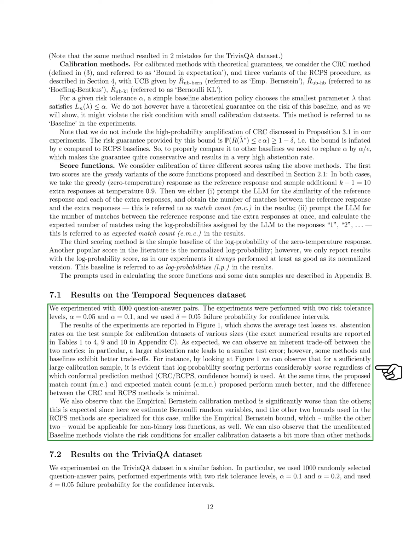On the trivia QA dataset, we tested 1,000 question-answer pairs with risk tolerance levels of alpha equal to 0.1 and alpha equal to 0.2. Similar to the temporal sequences dataset, we used a delta value of 0.05 for the failure probability. The results are presented in the figures and tables provided in the paper. Comparing the experiments on both datasets, we found that the match count-based calibrated abstention methods outperformed the log probability-based method. The match count methods performed well for both short and long answers, while the log probability scoring method showed significant weaknesses for questions with long answers.